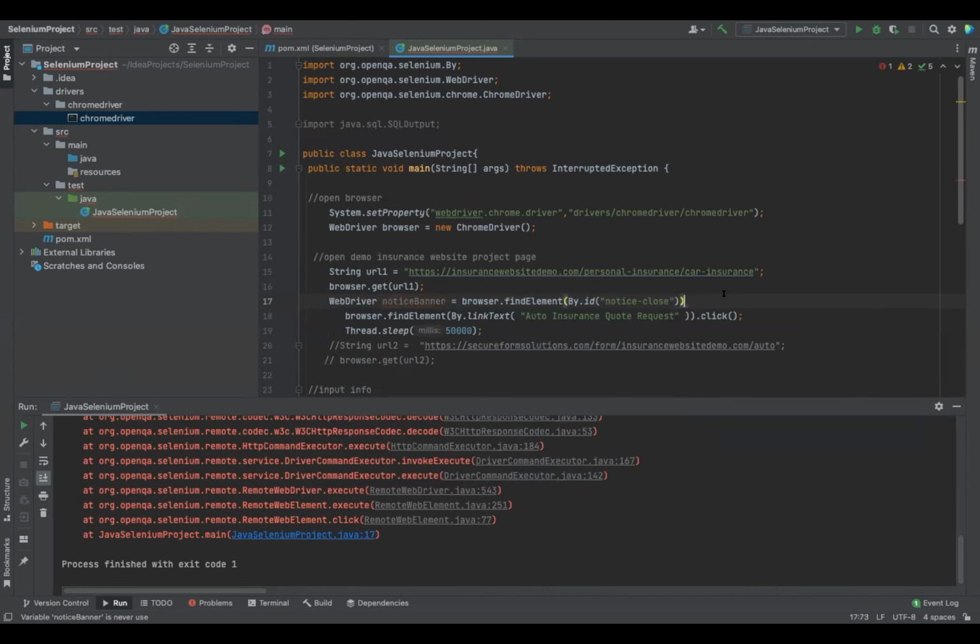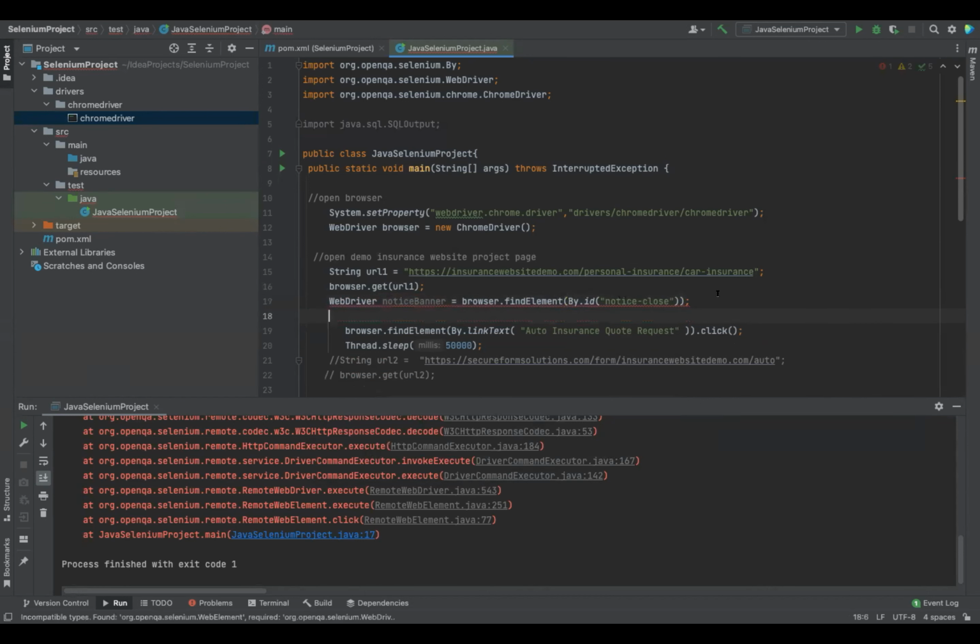Is the web element, and let's see what's the deal with this one. Web element, cast web element. Okay, that's fine. So this is how you have to kind of cast it. So now in Java, let's say, I don't expect you to know this. So if you simply Google something like